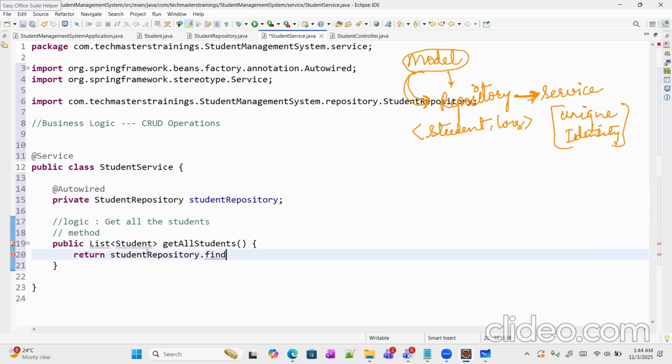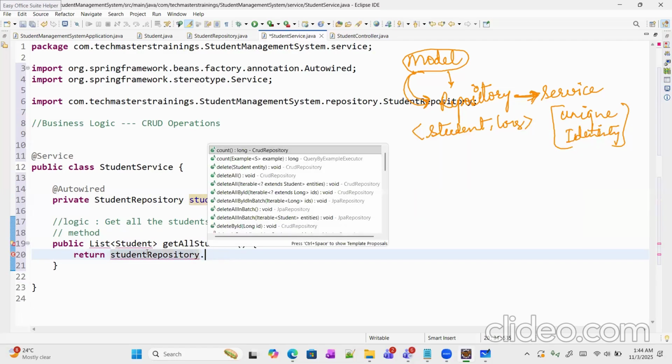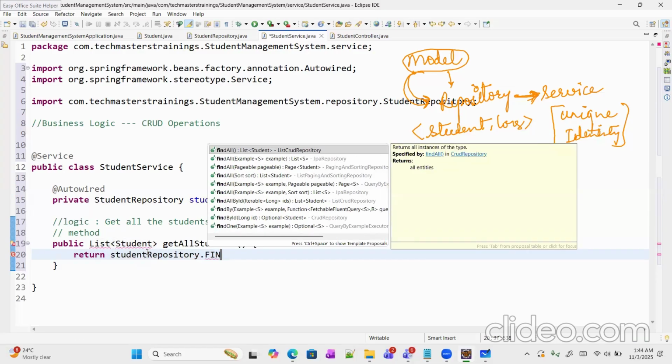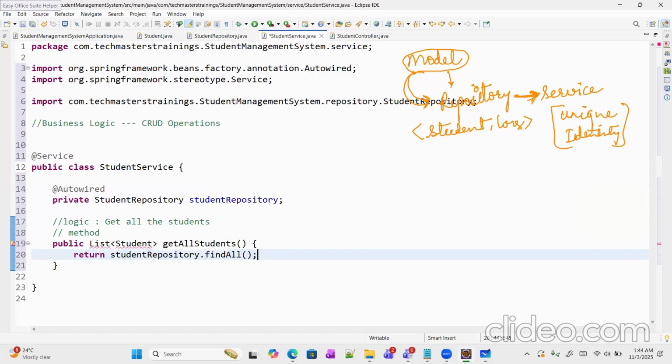Okay, findAll is an inbuilt method which provides all the information which is present. And we can say findAll returns all instances of a type, and especially it is like ListCrudRepository. All right, so that's how it is. So please use the findAll here. And now,